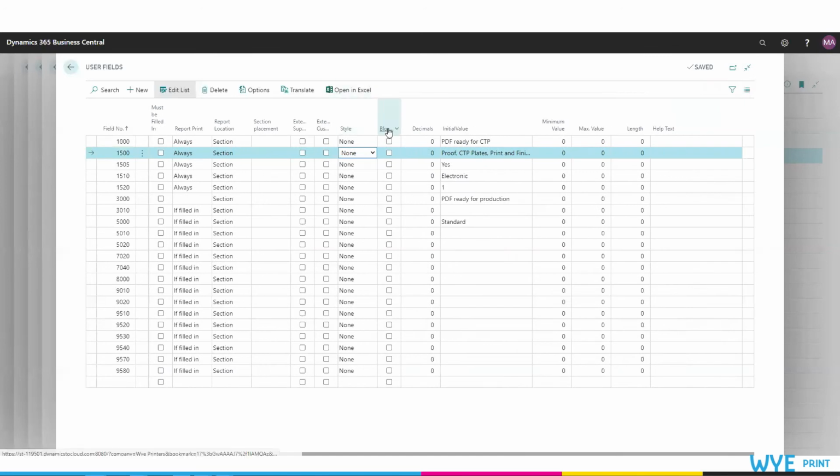If I have the block field checked, that means that it is not usable, as in most of the other areas on here. Decimals is the decimal place value, and then the initial value. If you want to populate an initial value in that user field, you can, and that will show up there. So if we go back